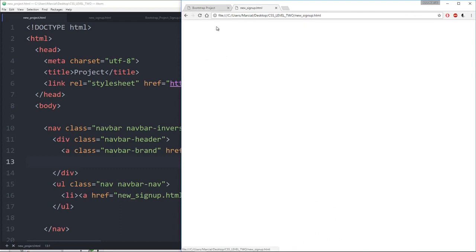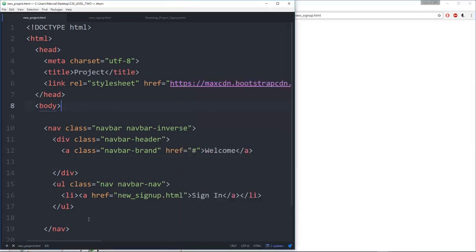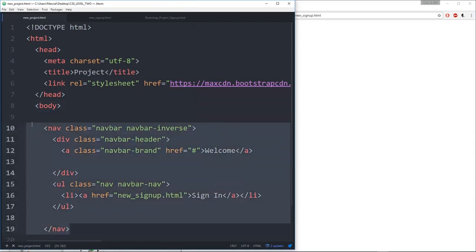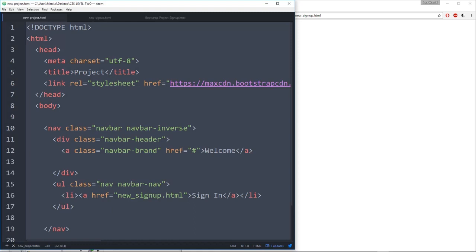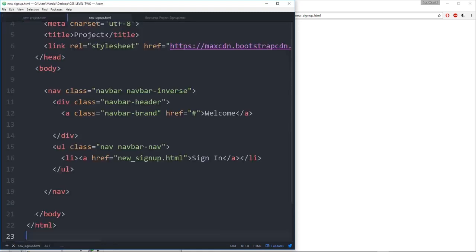If I click sign in, it takes me to that new sign up page. Let's copy and paste this code that we have so far and put it on the new sign up page. In fact, I'm going to copy this entire page, put it on my new sign up HTML page, and then instead of taking it to sign in, I'm going to change this to landing page and then have it take me to the original HTML, which is